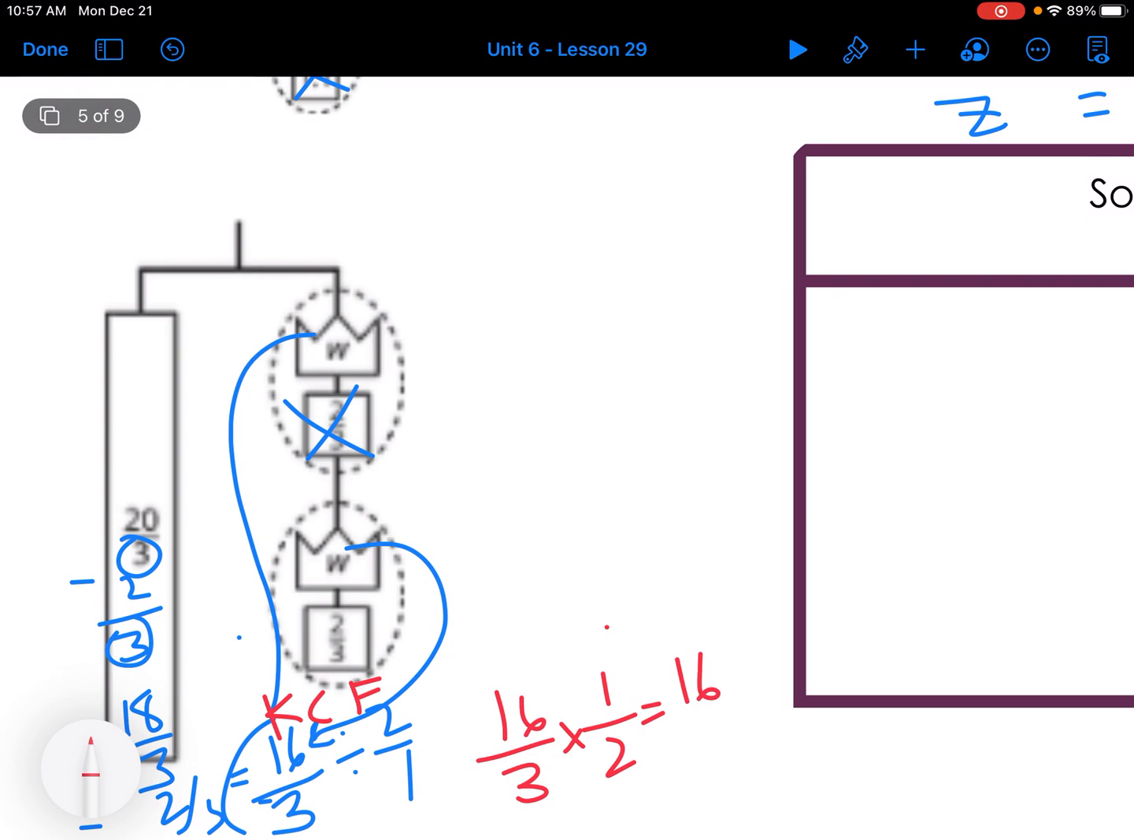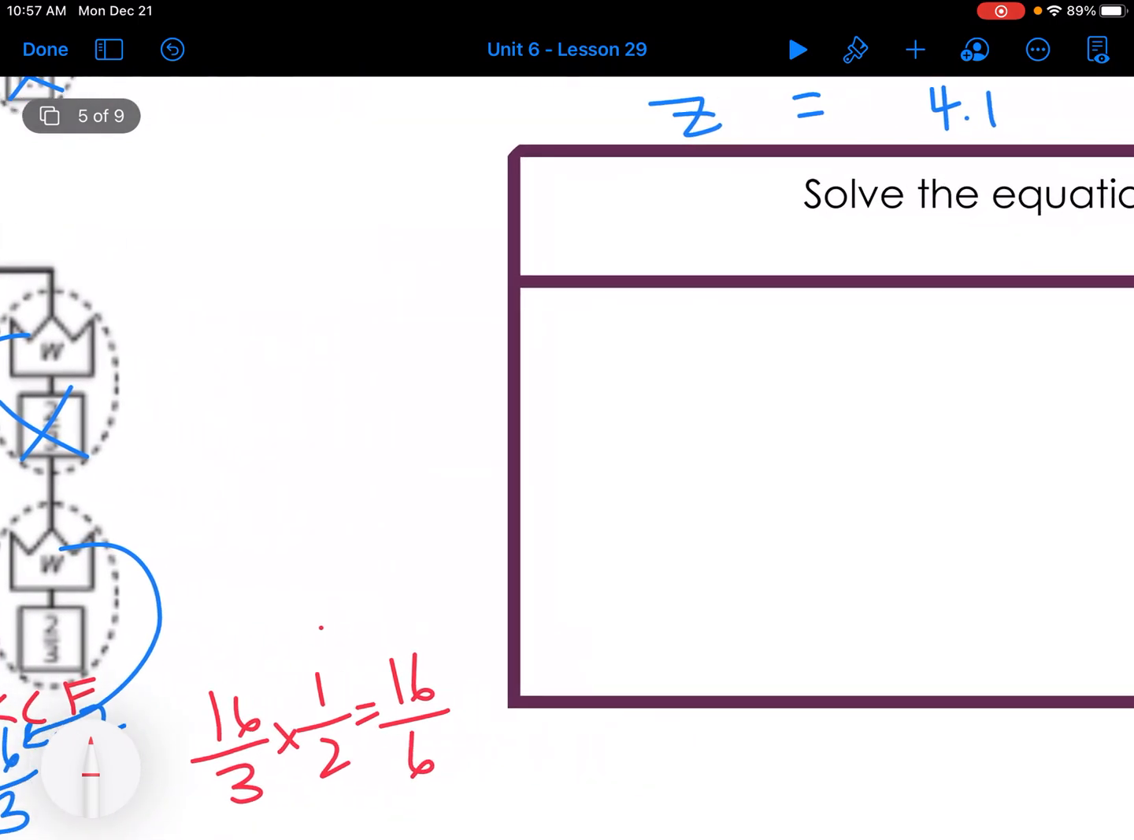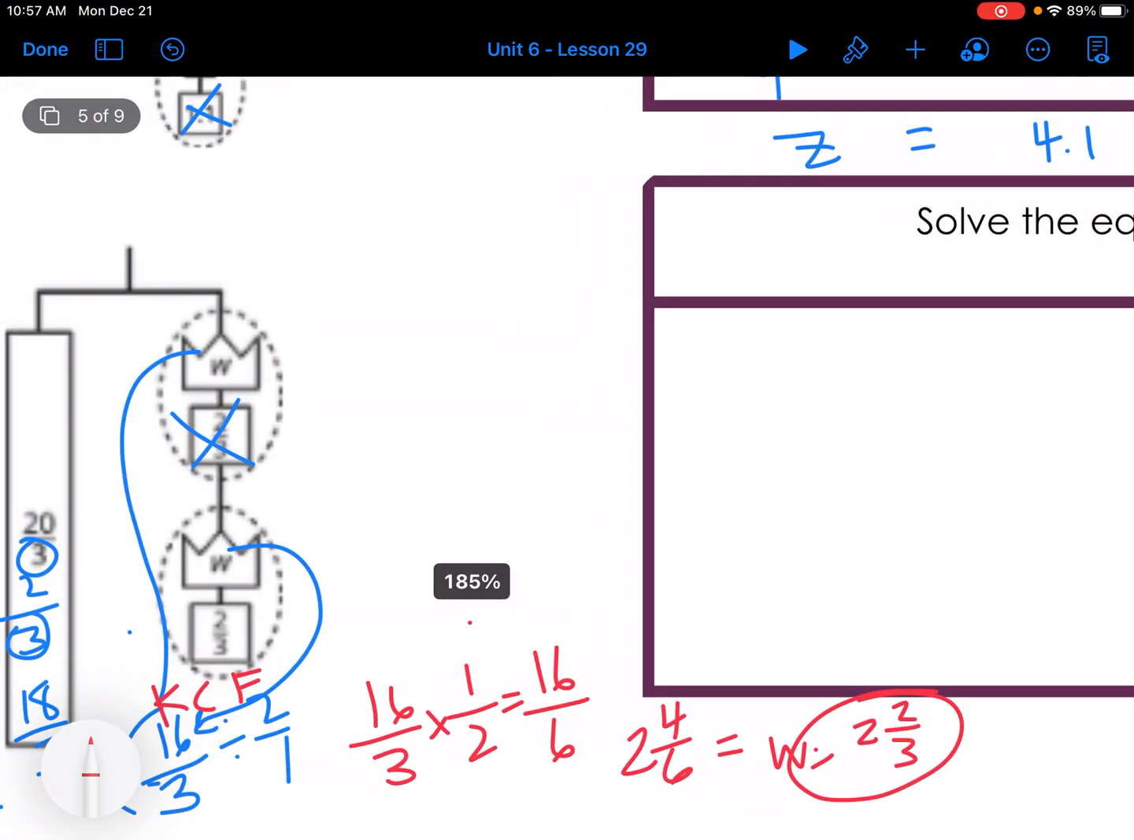So I'm left with 16 over 6. 6 goes into 16 2 times with 4 left over. So each W is equal to 2 2/3. And if I check that,